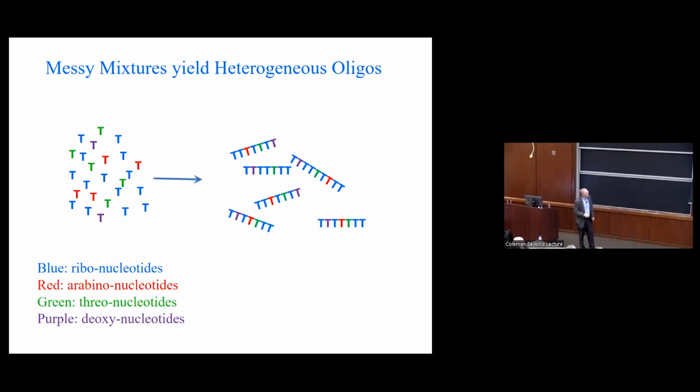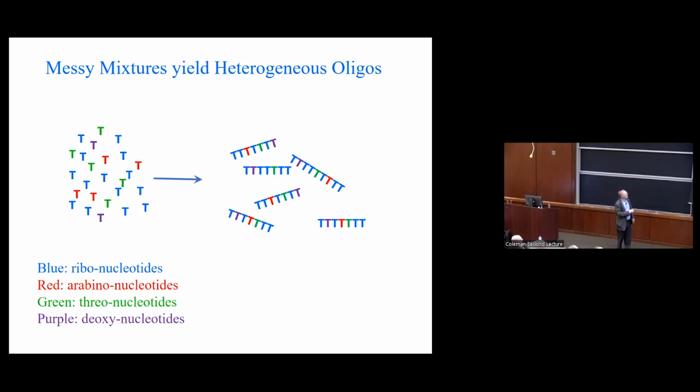All right, so here's the situation. We imagine our warm little prebiotic pool on the early Earth, and it's filled with nucleotides. And don't worry too much about the details there because we still haven't figured it all out. But at least if there are ribonucleotides, there are also going to be arabinonucleotides, and threonucleotides, and probably deoxynucleotides, and probably all kinds of other stuff, which we're not worrying about for the time being.